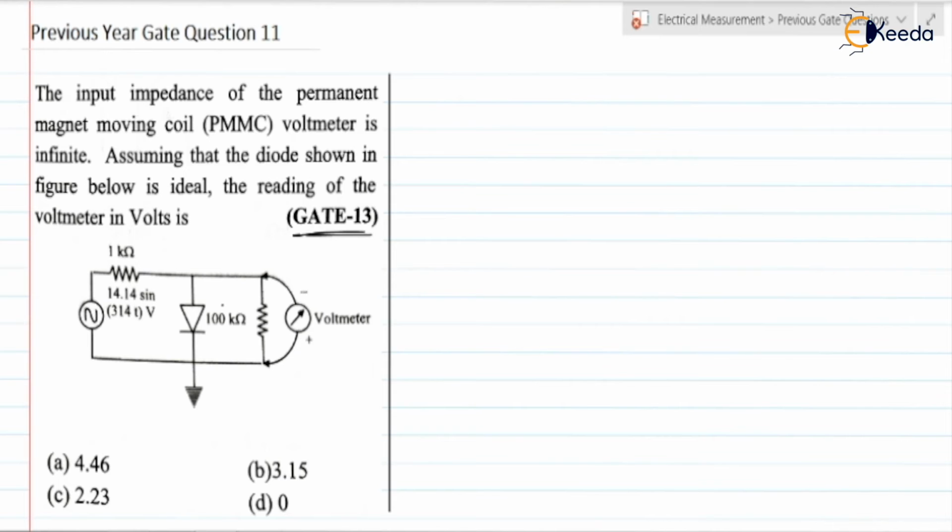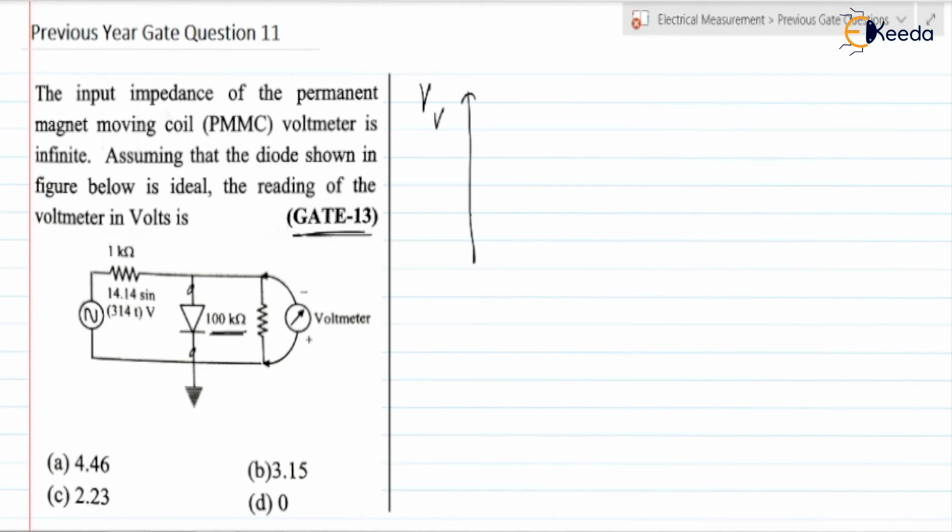So here it is the circuitry. This 100 kilo ohm is the resistance offered by the diode when it is in an off state. Okay, that is when it is in a reverse bias mode. So if you check the circuit, here we are having the sinusoidal supply. So during the positive half cycle of the supply, this diode will be in the on state. So voltage across the voltmeter will be 0. Right? During the negative half cycle of the supply, the diode will be in the off state. Okay, so when diode is in the off state, at that time the voltage across the diode is equal to voltage across voltmeter. Okay, that will be, means during the negative half cycle of the supply only the voltage will be appearing across the voltmeter. Okay, so we can draw the voltage across the voltmeter.